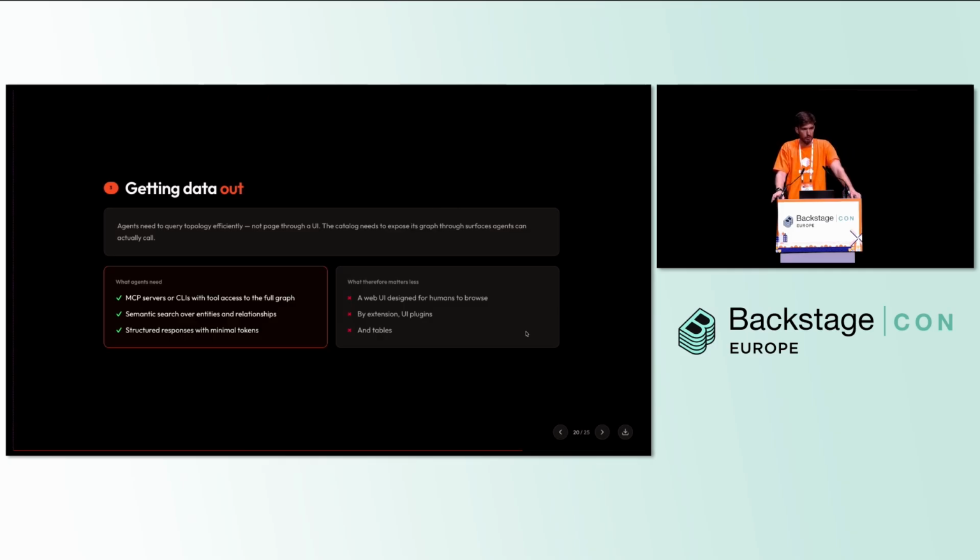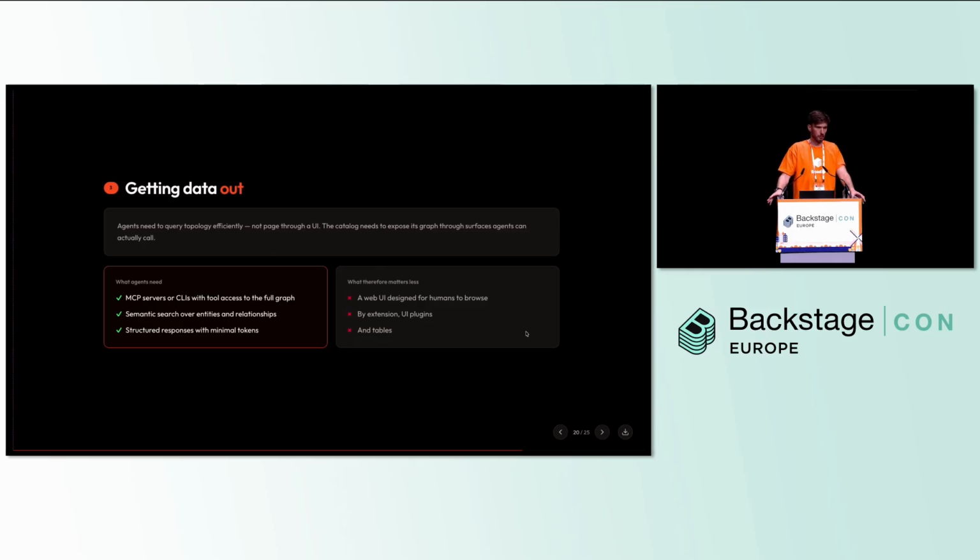It doesn't matter so much how an agent gets the data out. You can always optimize the tool calls of your MCP server or build a CLI or something. It just needs some means of accessing the data and information. A lot of people are going down the road of a vector database and doing semantic search over this. Again, we open sourced that a couple of years ago, so feel free to check that out. The point is, it can be anything. They just need some means for doing it. An API call even is all right.